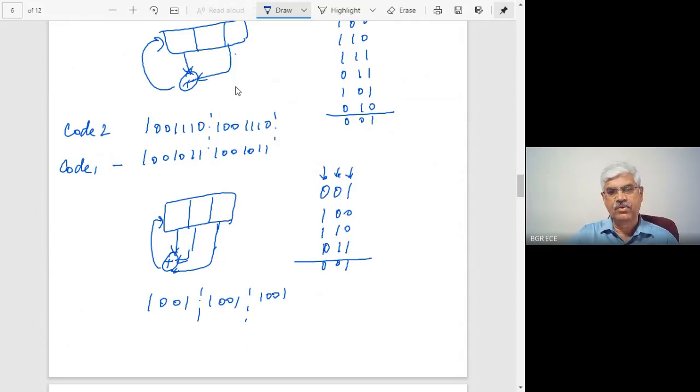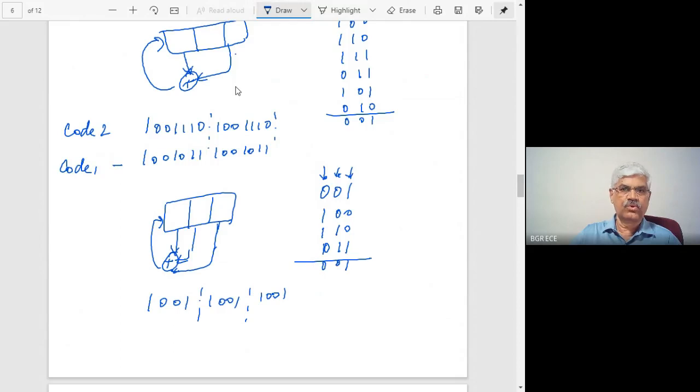When you make m equal to 4, again you try various feedback combinations. There also it is found that there are only 2 sequences. When m is equal to 5, they have shown that there are 6 such possibilities. Like this, if you want more and more codes, the length of the shift register has to be increased and appropriate feedback combinations have to be selected in order to get the maximal sequences, and it can be used for multiple access. So for a multiple access application, you require